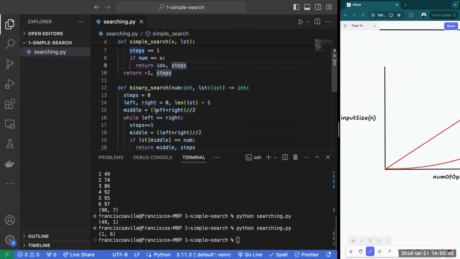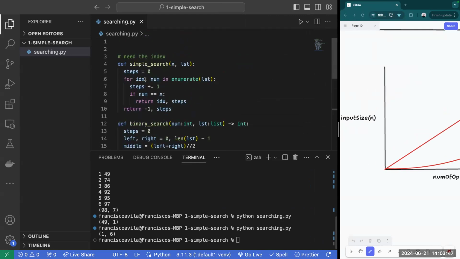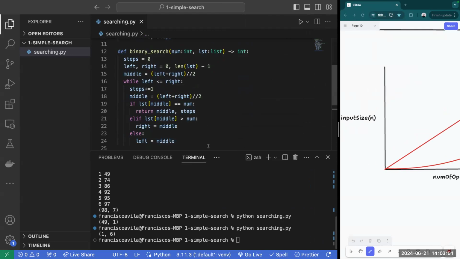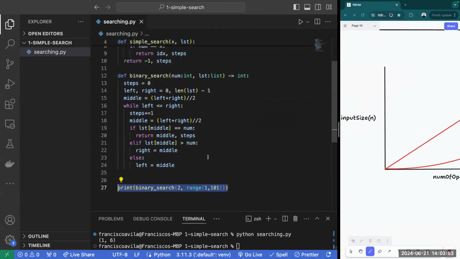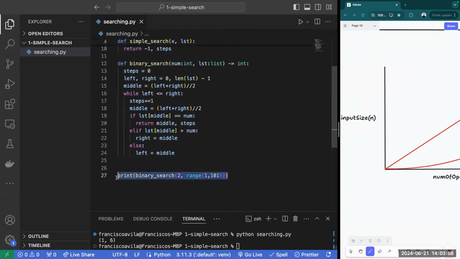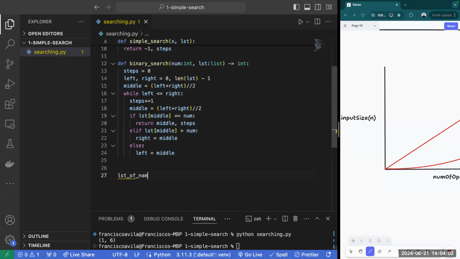Now, we've applied this so far utilizing numbers, which sure, it works as of right now, but it's not necessarily just applicable to numbers. Let's take a look at what it looks like when you apply it to a list of names. Right, so let's say list of names, and let's make that equal to, let's see, Francisco,